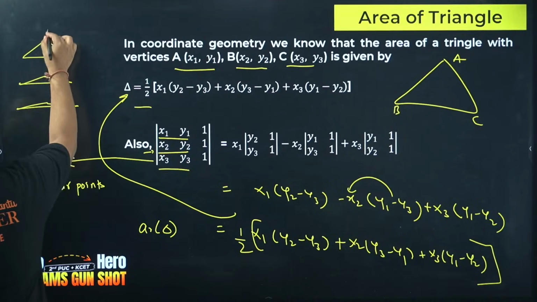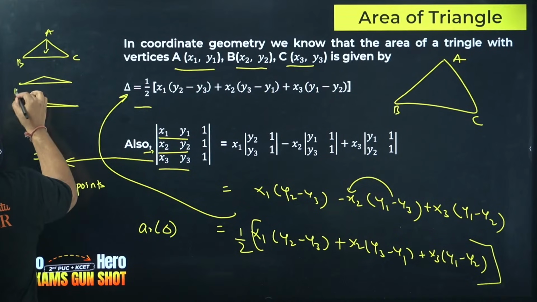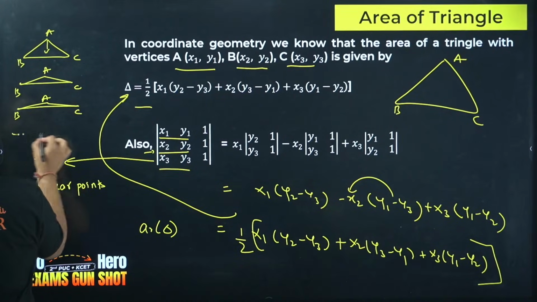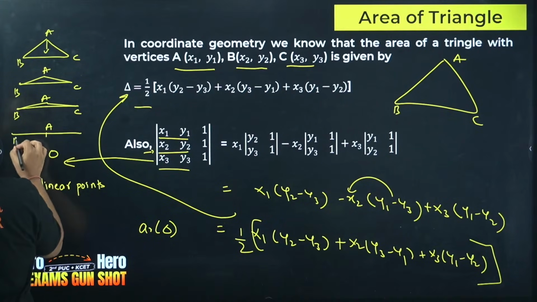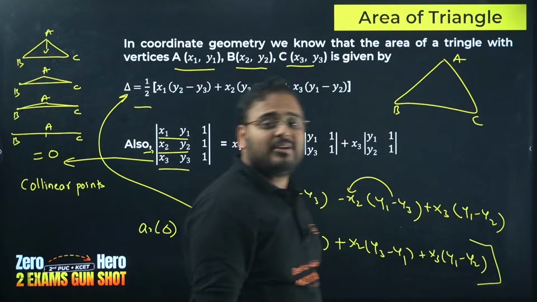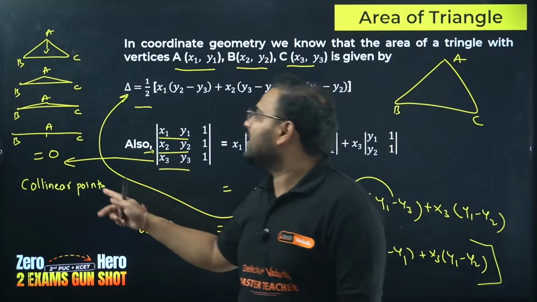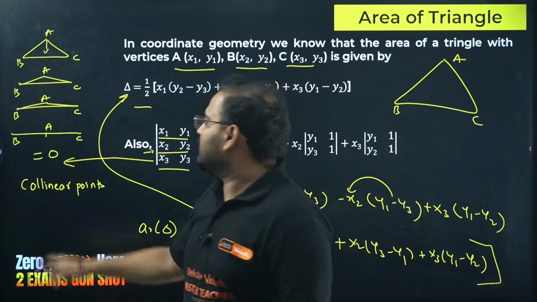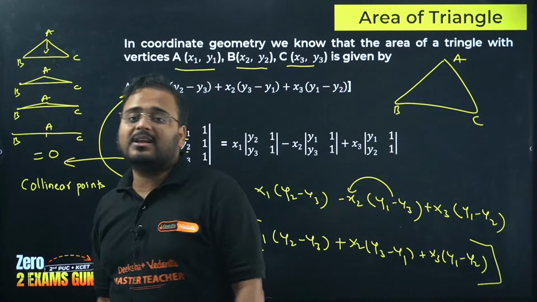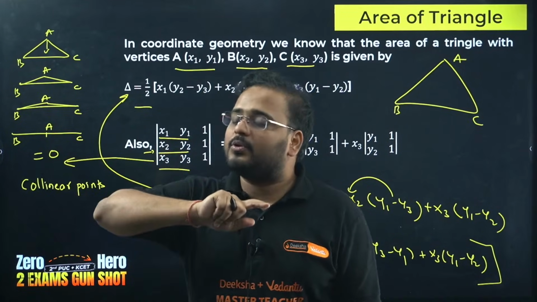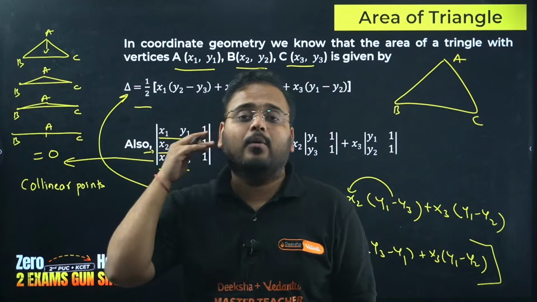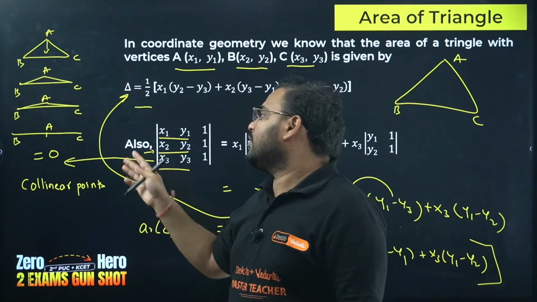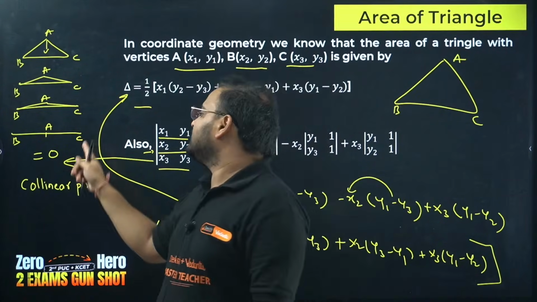And so if this is point A, B, C, again B, C, again A, B, C, there'll come a situation when this A will actually lie on the line BC. The point A will lie on the line BC, and that is the situation where you can see the triangle area is reducing and it becomes equal to 0. So when the point A touches the line BC, it becomes a straight line. It is no more any 2D shape. It becomes a one-dimensional figure, which is not going to have any area value. Hence, the area becomes 0.